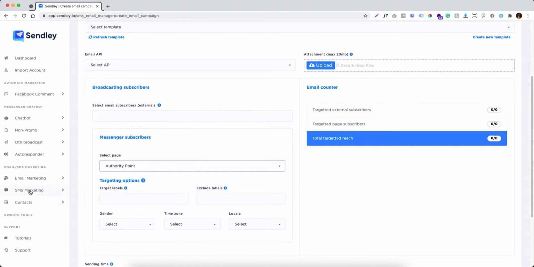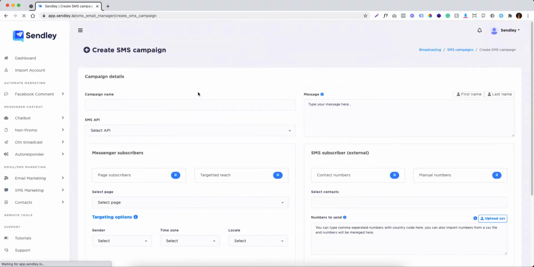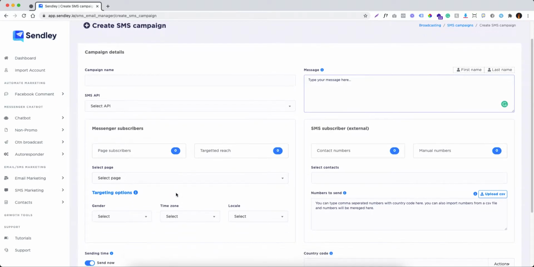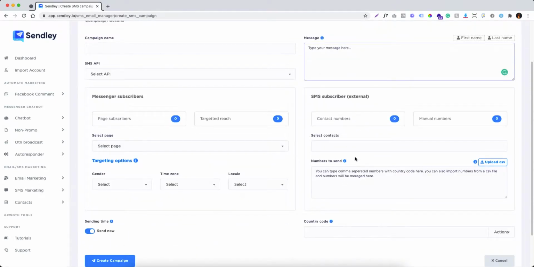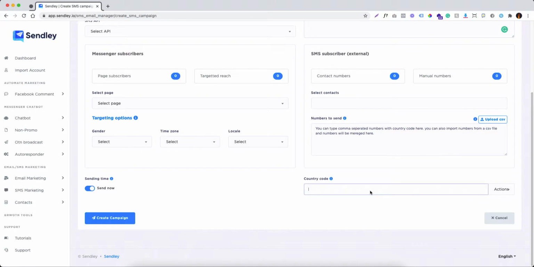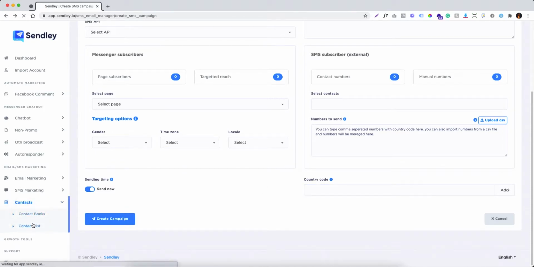How cool is that? Okay, so if you want to create some SMS campaigns, you can go here, give it a name, and write your message. If you want to target by Messenger, you can set it from here. Choose how many contacts you want to send it to. You can even upload a custom CSV for all your contacts here, and you can add a country code to all the subscribers or remove the country codes. It's all up to you. You can find all your leads here.